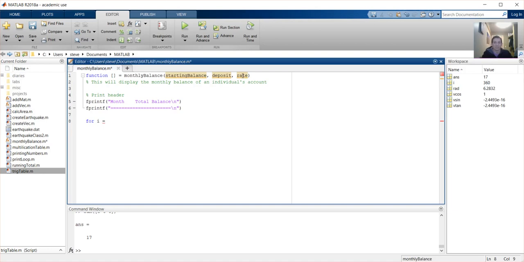That means we want one loop for every month in a year, which is going to be going from 1 to 12 since there are 12 months in a year. So what are we going to do? We want to calculate what our total balance is going to be in that month. Let's say the starting balance is going to be after month 0. Month 1 will have the rate and deposit taken into account. So we want to say what our total balance is going to be. So we can say that our total balance